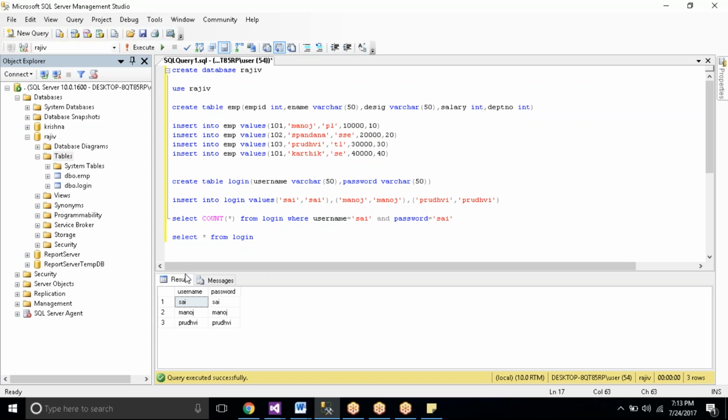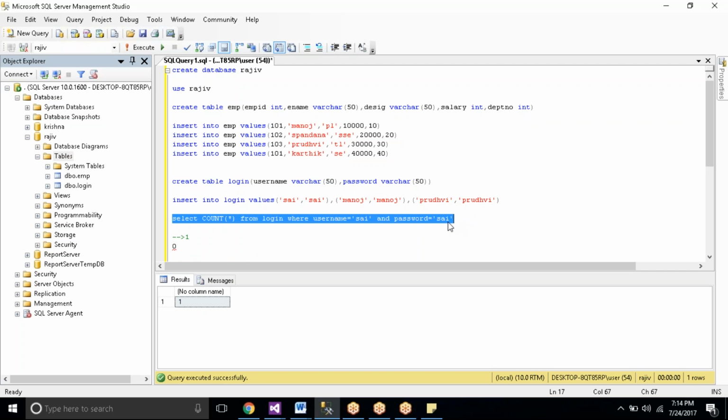So what will happen is it will go to the first record. It will check whether username is equal to Sai and password is equal to Sai. It is there, right? So it counts the record as 1. Again it goes to the next record. Here username and password both are not matching, so false leads to false. Again it is not counting the record. Again Prithvi and Prithvi do not match Sai and Sai. So how many records finally are available with username Sai and password Sai? 1. Very good. So if my query is returning 1, then we can say that the user is a valid user. Otherwise, if the query is returning 0, the user is an invalid user. Now listen here, all of you. I'm just trying to run this.